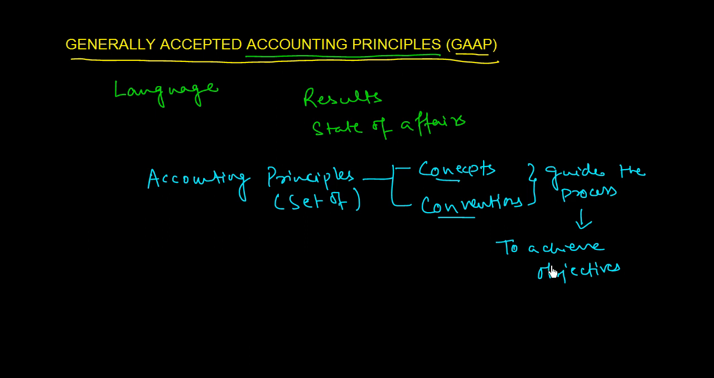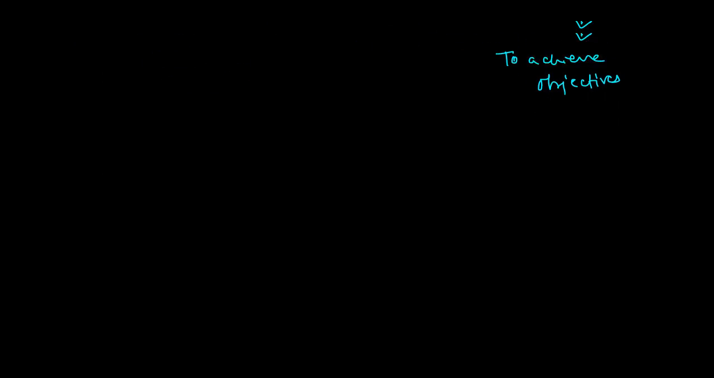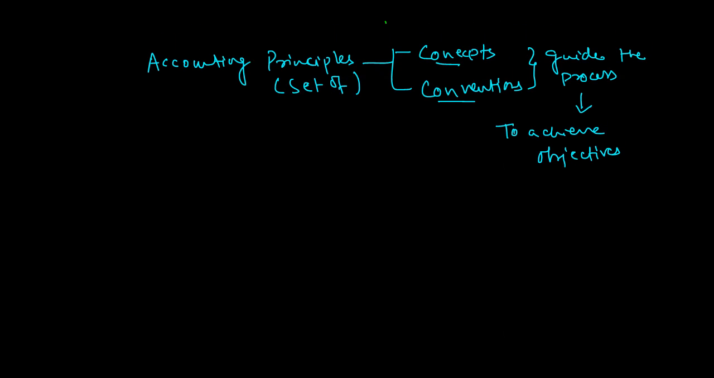The main objective of accounting is to communicate the results of the financial transactions to the owners and other interested parties of the business. So now we know what accounting principles are. Let us see what GAAP is. So let me write it down. GAAP,